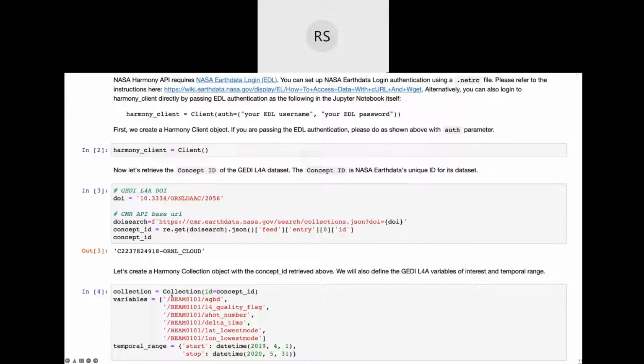And we'll also define the JEDI L4A variables of interest. For this tutorial, we are only interested in these variables from a single beam. And we'll also define the temporal range. So Harmony needs the time range to be defined in this particular way, with the start and the stop date